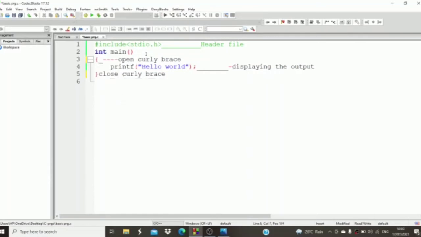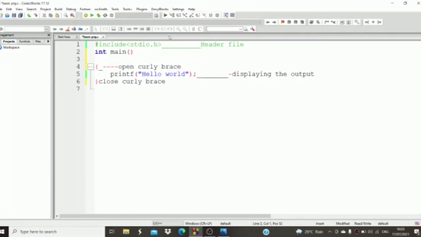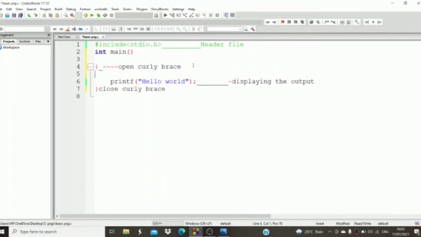So this is our simple program today. I hope that you have understood. This is nothing but a simple program, right? This is the open curly brace, and printf is helpful for displaying the output, guys, right? It is a header file, it is readymade.